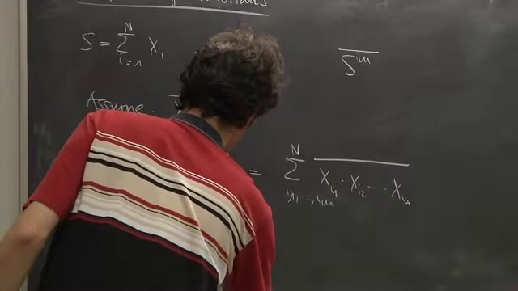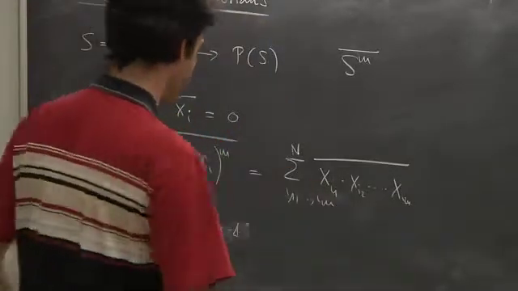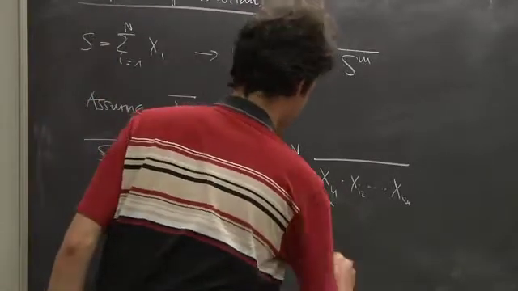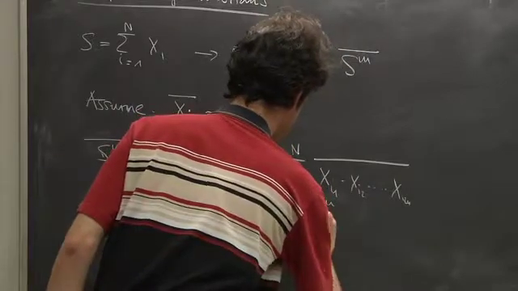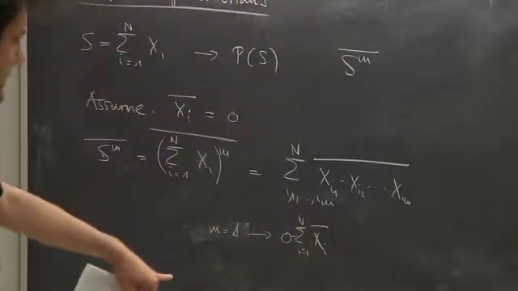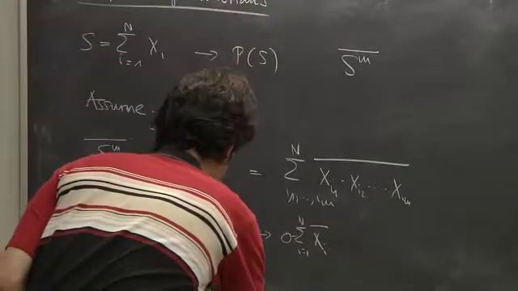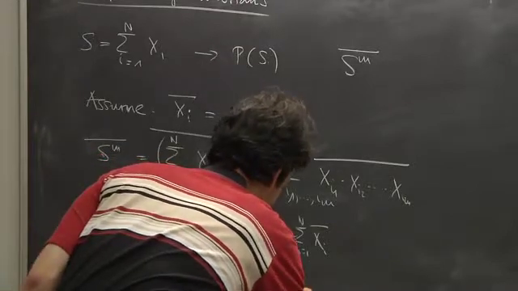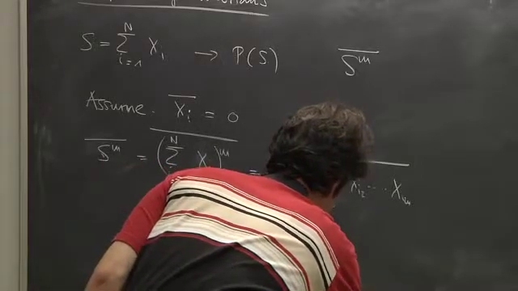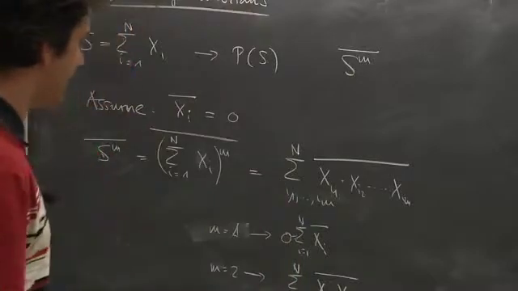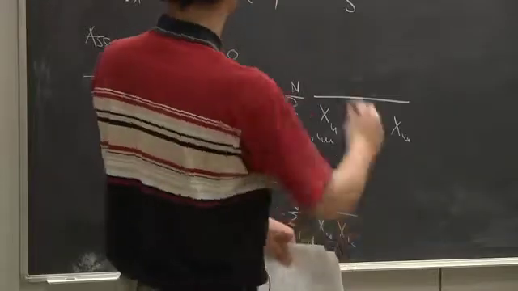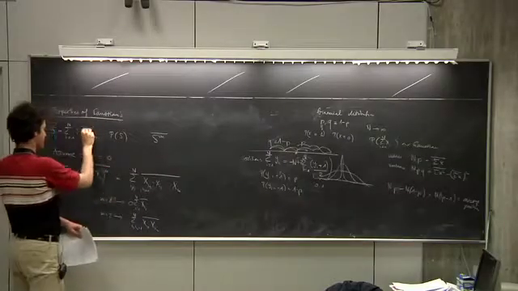If you take m equals 1, then there is just one term here, and you get 0 because you average. You just compute this thing, and by assumption, this is 0. Now, when m is equal to 2, what happens? Then you have I1 and I2, xi1, xi2. Now, if the variables are independent, and I assume independent variables again,